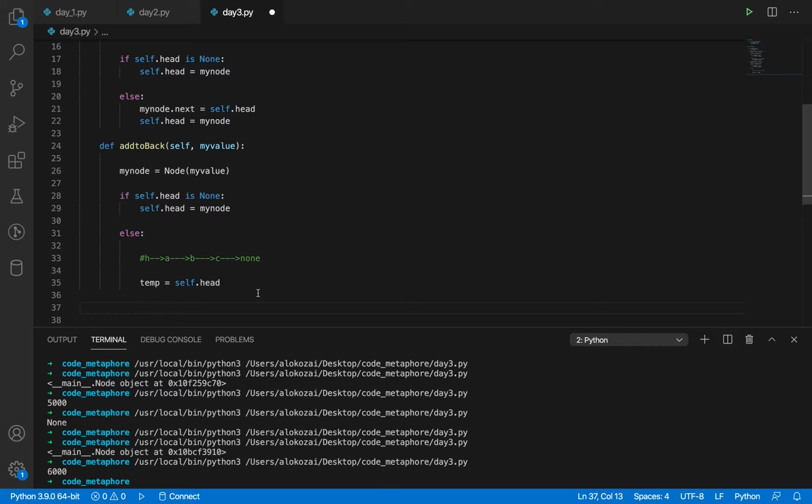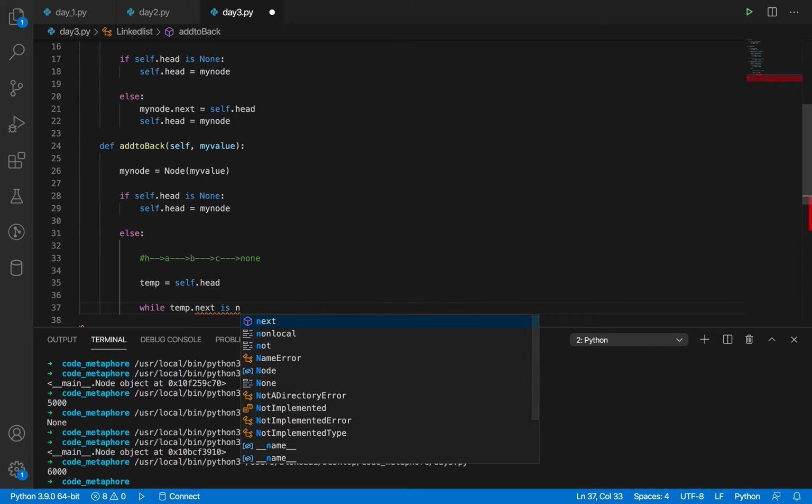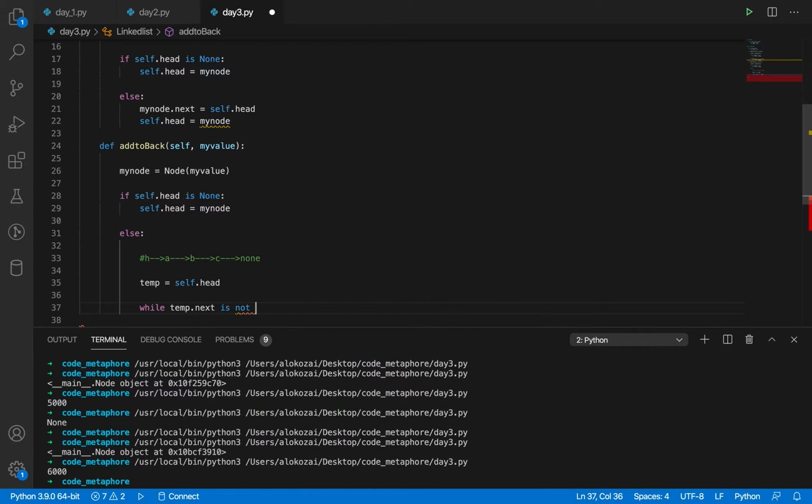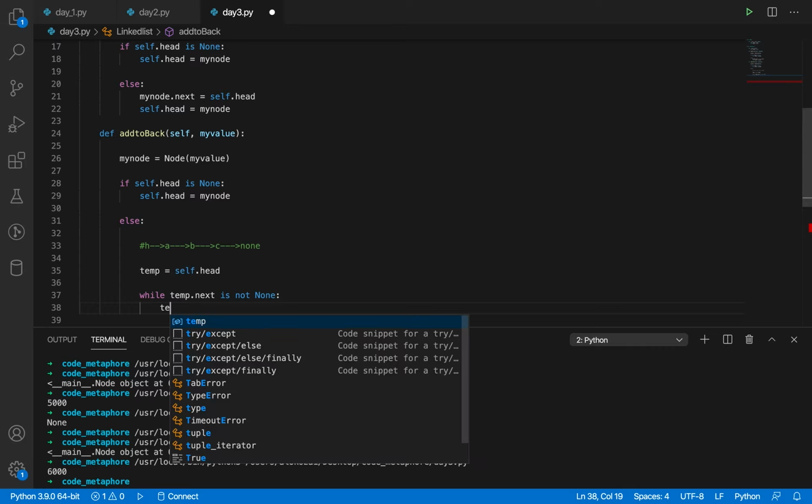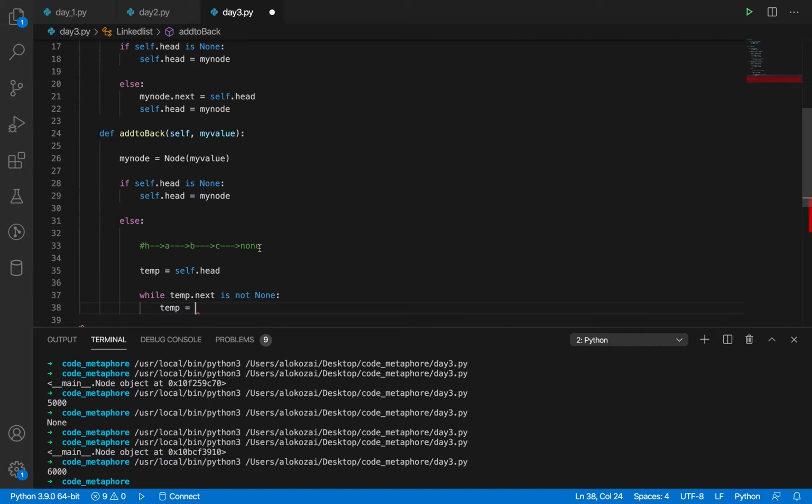Because we are doing it for everything multiple times, that's an indication we will use a while loop. I'm going to say while temp dot next is not none, what do I want you to do? Then I want you to move the temp pointer to the next node, which means temp will now be equal to what? Temp will be equal, because in here